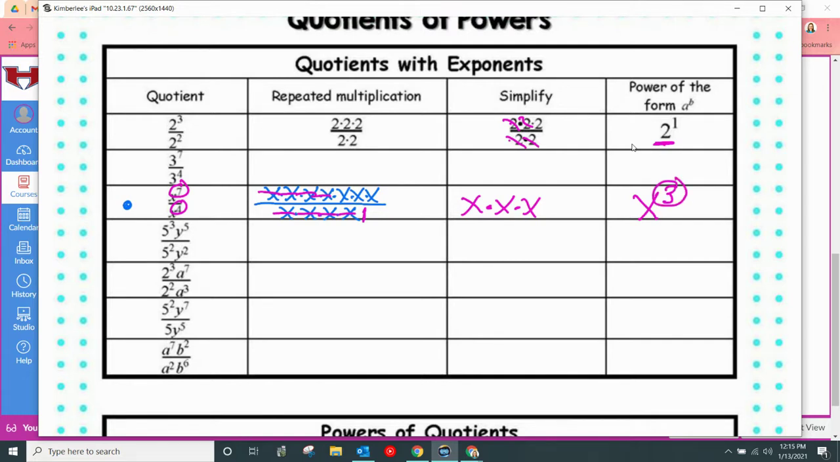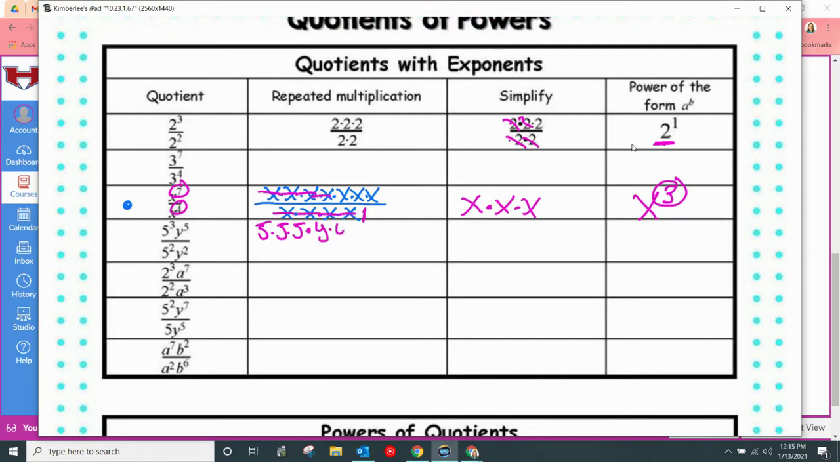Okay, so now I'm going to work the next one with you. 5 cubed times y to the 5th over 5 squared times y squared. So I'm going to start by expanding the whole thing. 5 cubed is 5 times 5 times 5 times y to the 5th. That's 5 y's